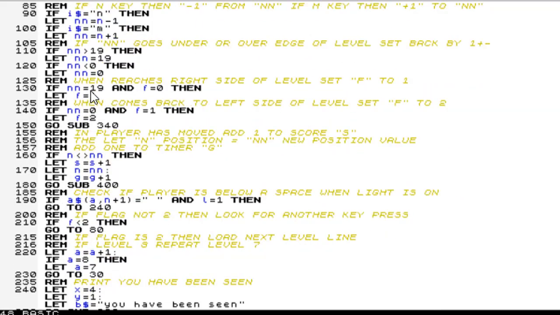Next line is just setting the flag. So when your character reaches the 19th position on the screen and your flag is at 0, set it to 1. So once you get to the right hand side of the level, it sets the flag to 1 to know that you've reached the right hand side of the level. Then again, when you get back to the left hand side, if your flag is at 1, it then sets it to 2. So it just knows that you start at 0, get to the right, goes to 1, get back to the left, goes to 2. And then go to subroutine 340,